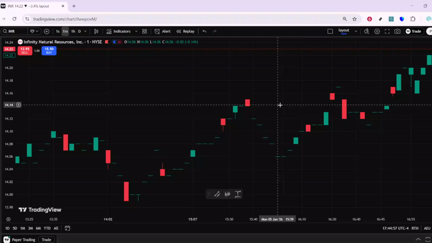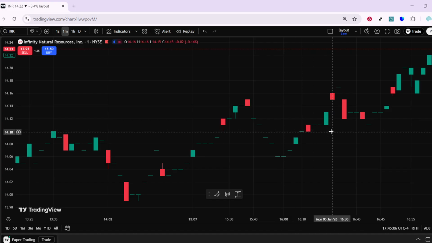In today's video, I'm going to teach you how to save charts in TradingView using autosave step by step. If you've ever spent time analyzing a chart and worried about losing your work, autosave is the simplest way to keep everything secure in the cloud without having to think about it. I'll walk you through exactly where to find it and how it behaves so you can focus on your analysis